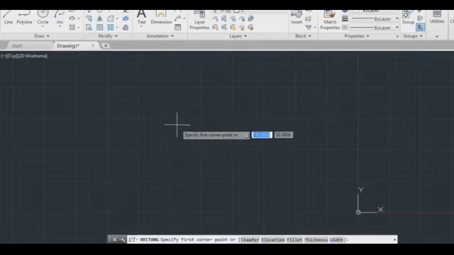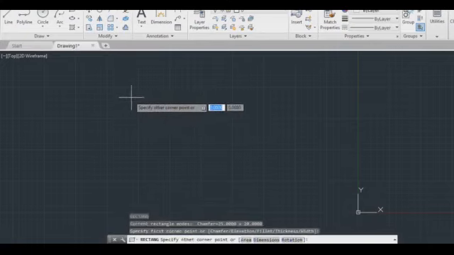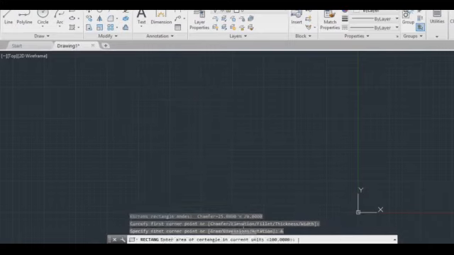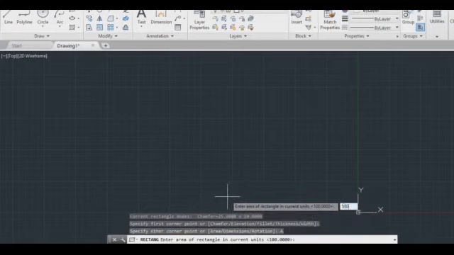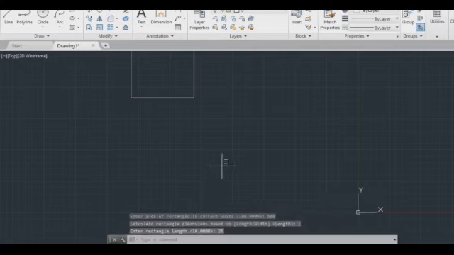Next we have rectangle. REC is the shortcut. First specify the first point and then you can specify the other point. You have three options there: area, dimensions and rotation. Enter the area. For example, if you give the area and control one length, it will auto calculate the other.